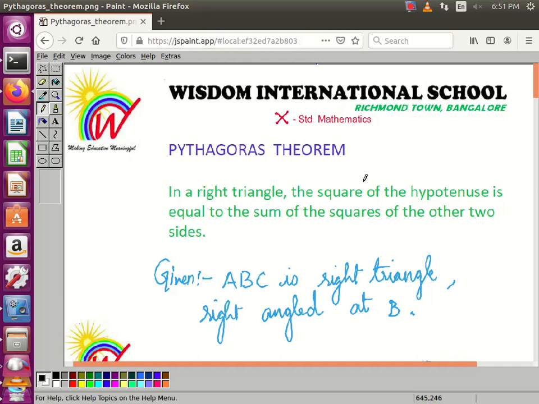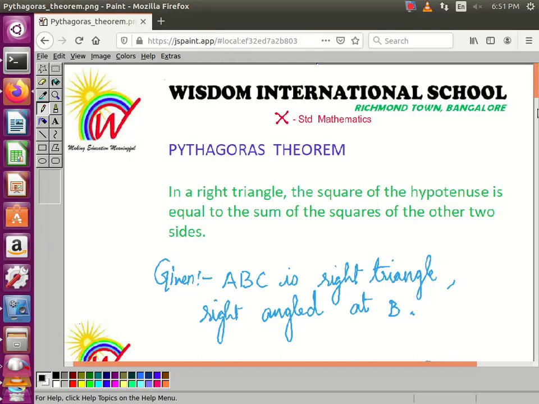Okay, from an exam point of view, it's a very important theorem. So you have to memorize the statement given over here, which I have written in the green pen. You have to memorize that plus the proof. Okay, the whole of the proof with the figure and everything has to be learnt by heart. Okay, so you may get it for 4 or 5 marks.